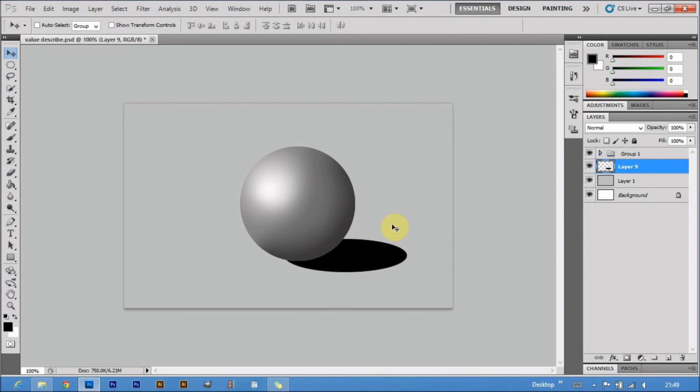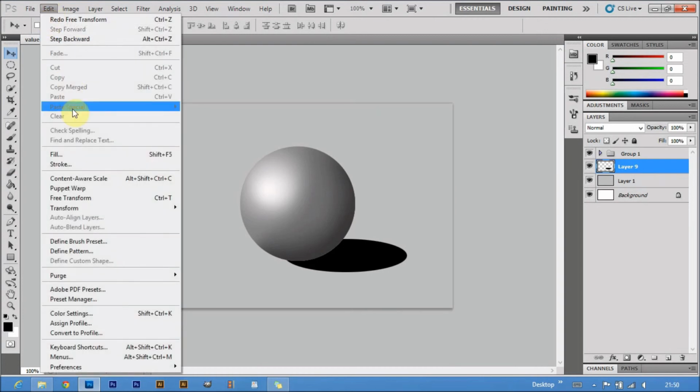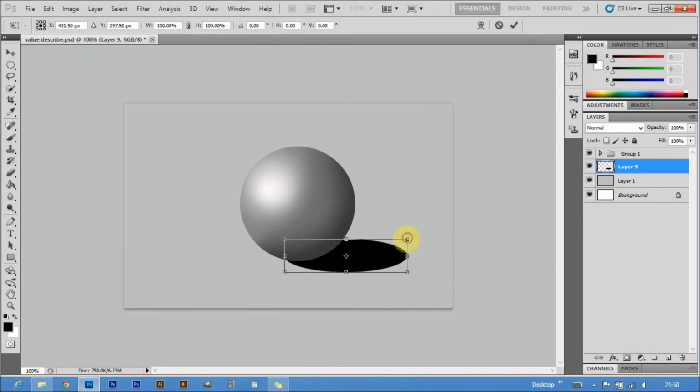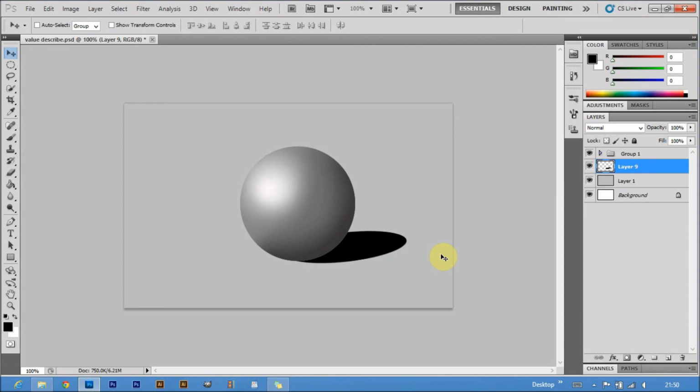Now, since the light source is coming from an angle, the sphere's shadow will not fall at a 90-degree angle. So we distort the ellipse figure accordingly. Go to Edit, Transform and then Distort, and change the angle of the shadow upwards like this. Though it seems I am changing the angle upwards, it will give an illusion of a 3D plane. That is, the space where the sphere is has not only height and width, but also depth which is going inside the canvas.